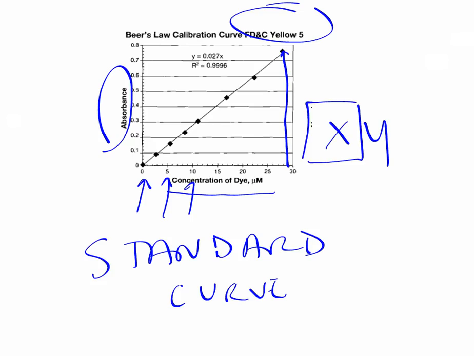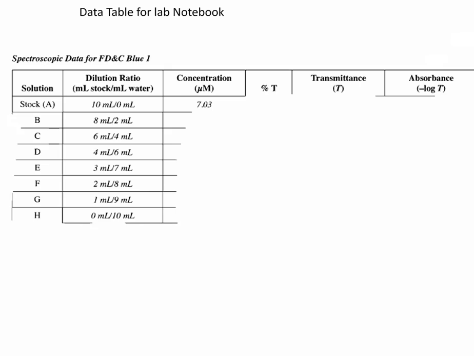You'll have concentration, which you calculate out in your lab, part of your pre-lab. Absorbance, you're going to read from the machine. If you have X and Y, when you do a scatter plot, you will get a line. Beer's law is a linear equation, or a linear function. It produces a line. So what you need to have in your data table is your stock solution is going to be